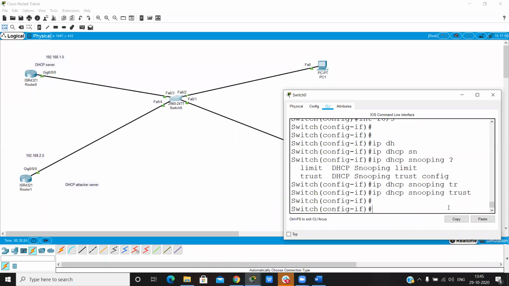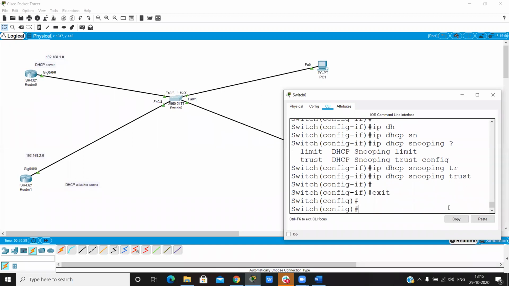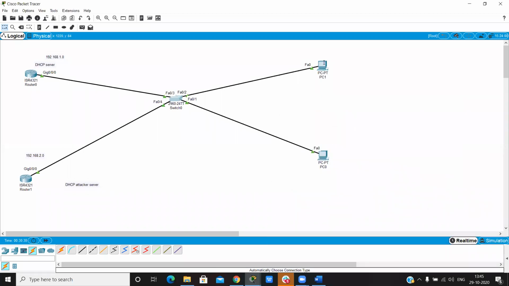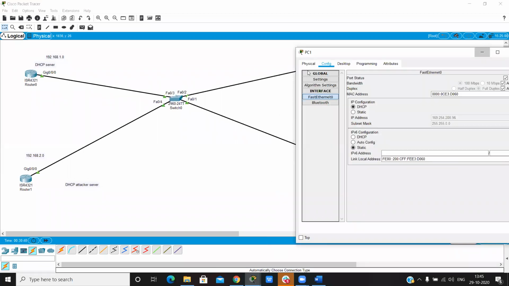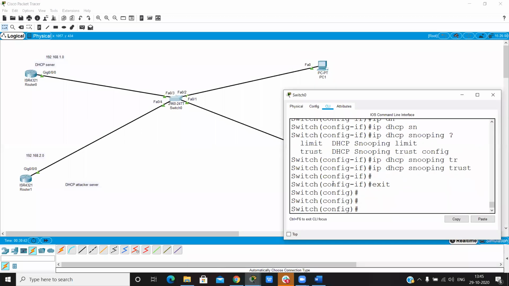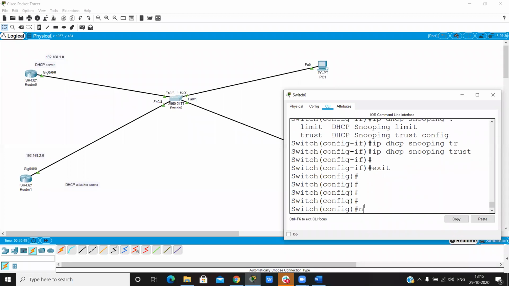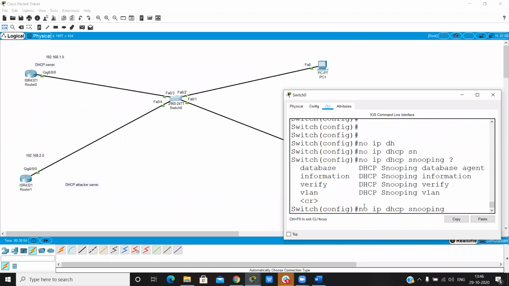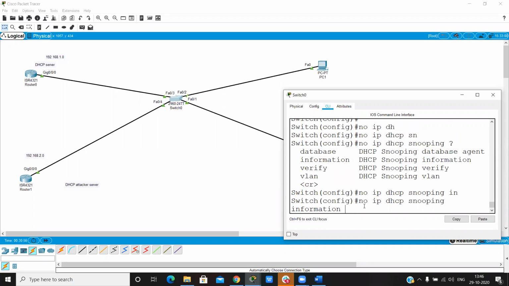And one more thing: by default, DHCP option 82, the relay agent information, is running, which gives an IP from the APIPA range. So we also have this: no ip dhcp snooping information option.